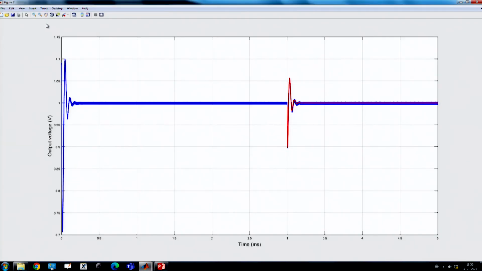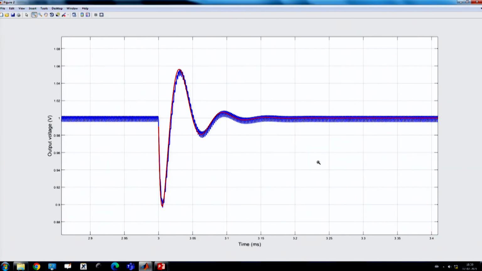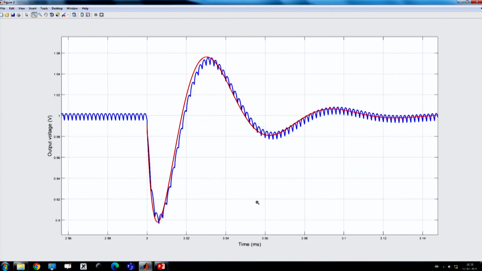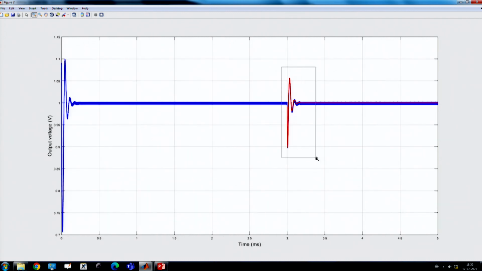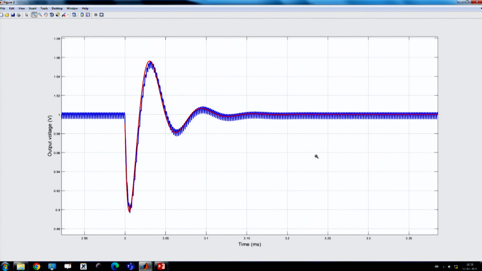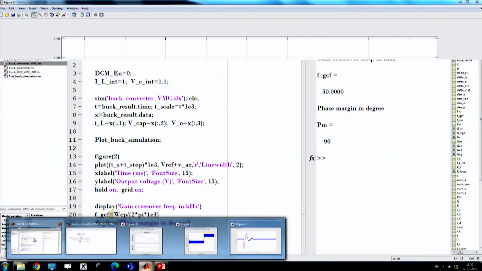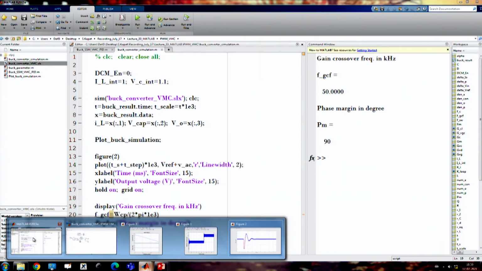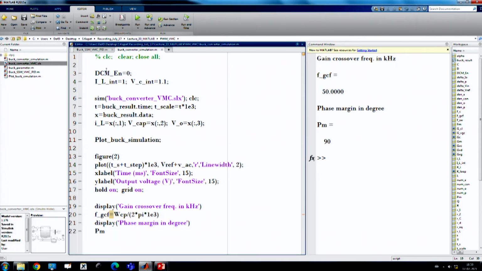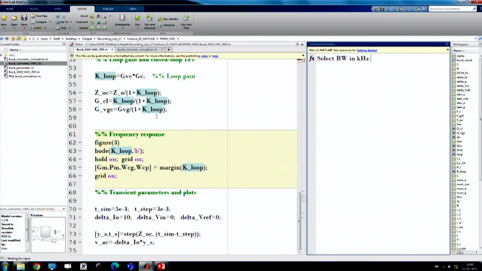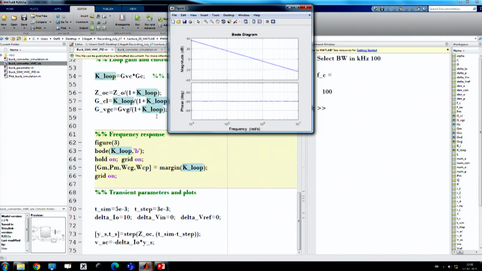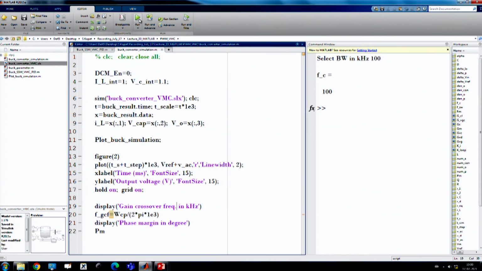You see in this case the model is matching reasonably well for load transient response. There is slight deviation, but it can still capture the transient performance when the load step is constant. This is for 50 kilohertz crossover frequency, where 500 kilohertz is the switching frequency. Now, if you go to, let us say, 100 kilohertz, that means 1/5, then what is our response? Is it going to match or not?